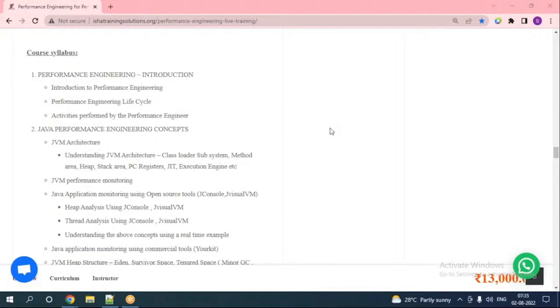Say I'm covering a heap dump concept, or a thread dump concept. You can also do it in your machine. Whatever I'm conveying, I'm going to share the corresponding artifacts with you, so you can do it in your machine. And whatever questions you get, we'll discuss in the subsequent session. So we are going to get hands-on experience, and then